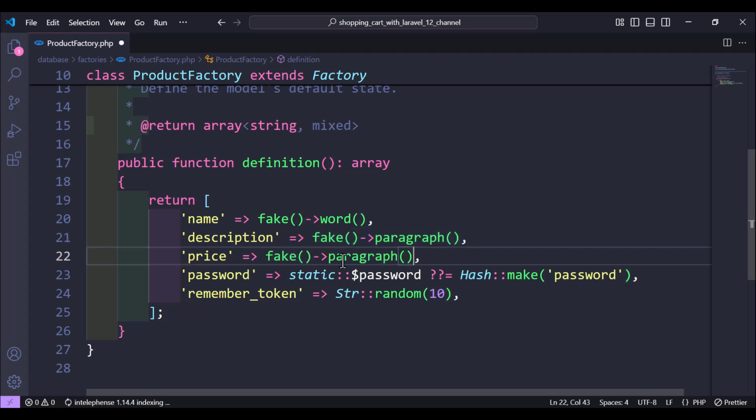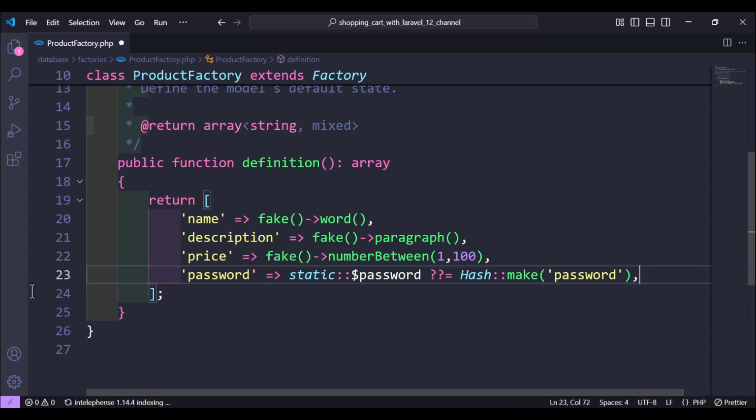So here, fake and call the number method. We need a number between, let's use 1 and 100. Okay. So what else do we need? We need an image. So we will use a placeholder or a random image generator, and we will use